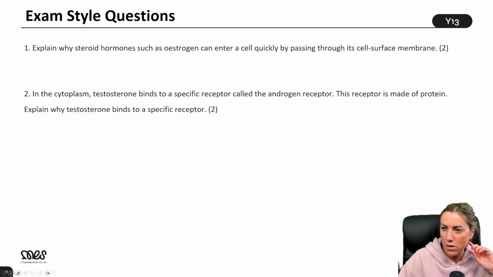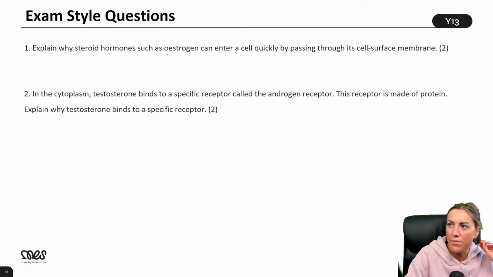These are harder, but we'll give them a quick go before we finish. Question 1, I wondered whether you could answer this based on year 12 knowledge. This isn't really about transcription, translation. It's just about steroid hormones. We haven't actually learnt about estrogen today, have we? But have a look at the question and see if you've got any idea what you could say for this, because you kind of could answer it from year 12. It's a steroid hormone. It's not made of protein. Steroid hormones are actually made from cholesterol.